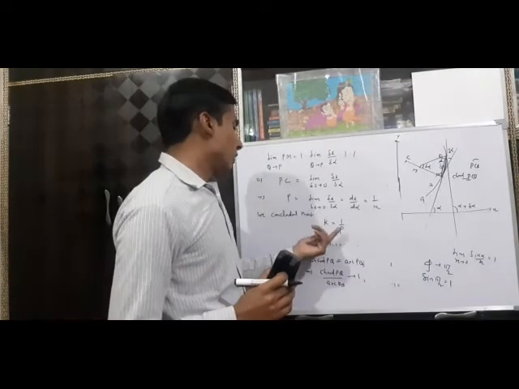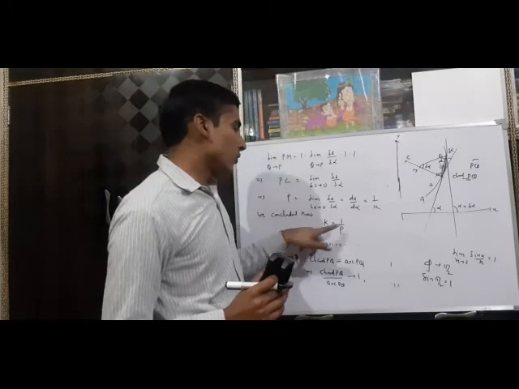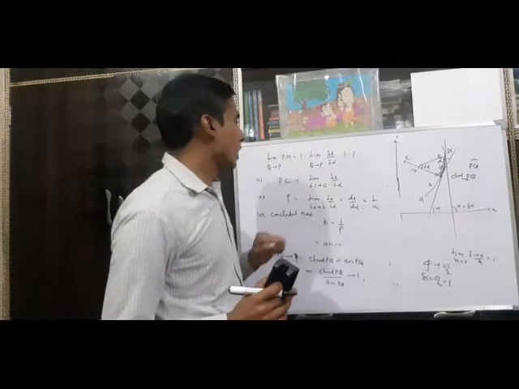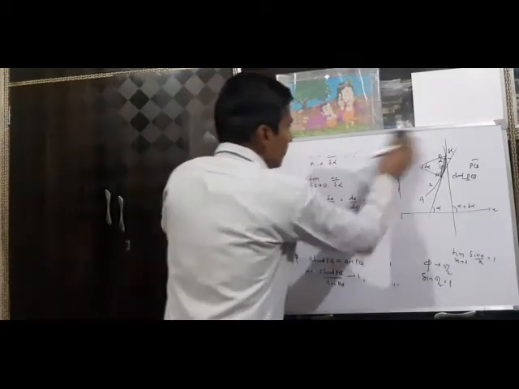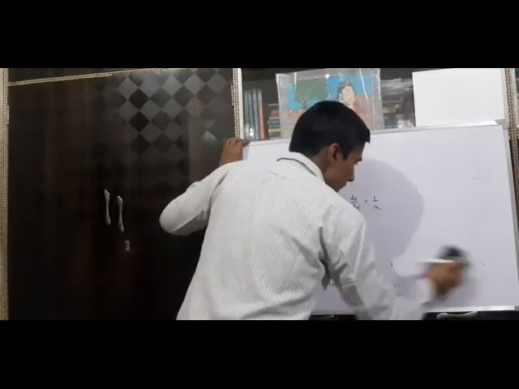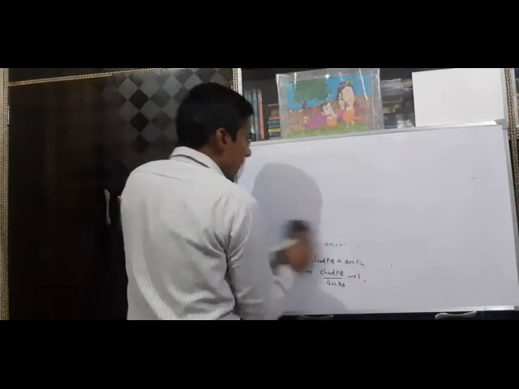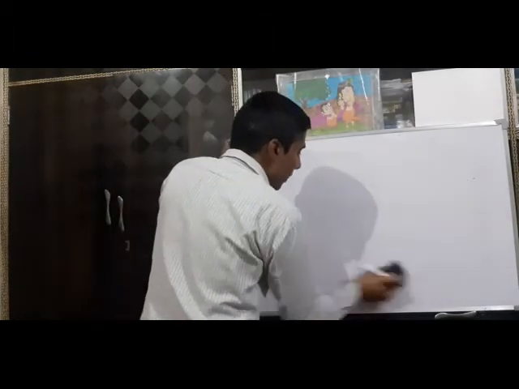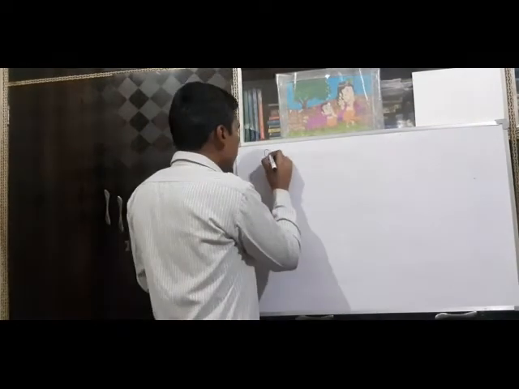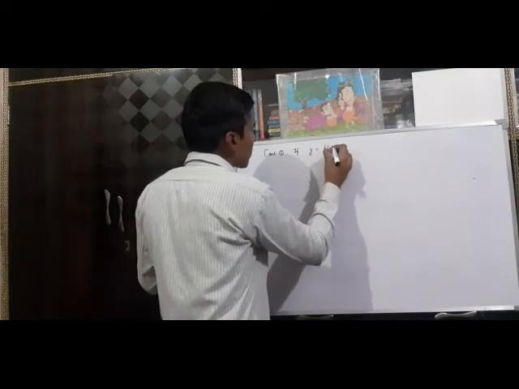So if we know the radius of curvature, we can determine the curvature, and if we know the curvature, we can determine the radius of curvature at a particular point given on the curve. Now we discuss some special cases, means if the curve is of the form y equal to f(x), then how can we determine the radius of curvature as well as curvature? So case first is, if the curve is of type y is equal to f(x).